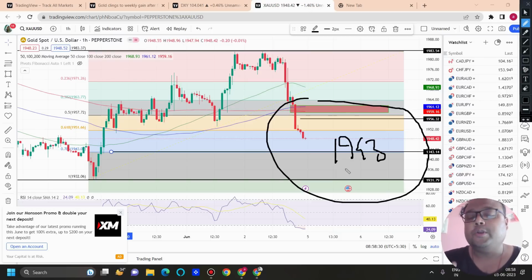Because usually we do not get to see much volatility during the first half of Monday. So if Monday acts like a normal Monday, you can hope that we will get to see a minor buy opportunity of at least 30 to 40 pips. But in case the market breaks with a candle like this, then obviously you should forget about taking a buy position.